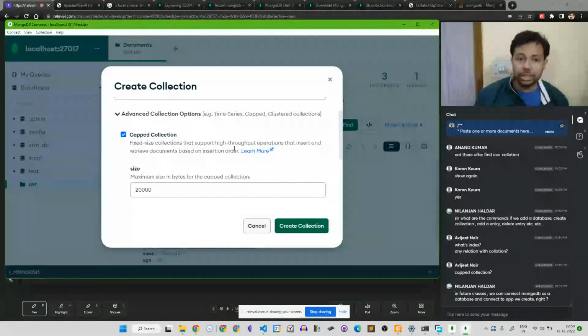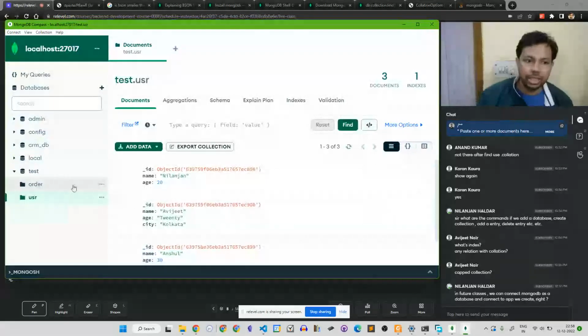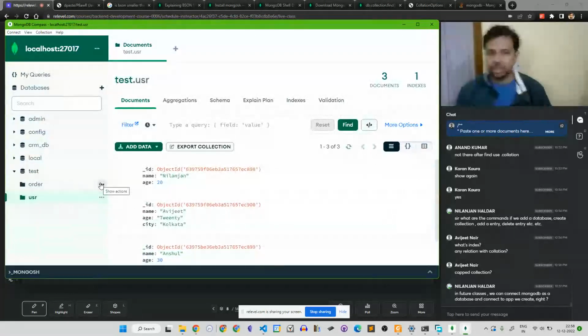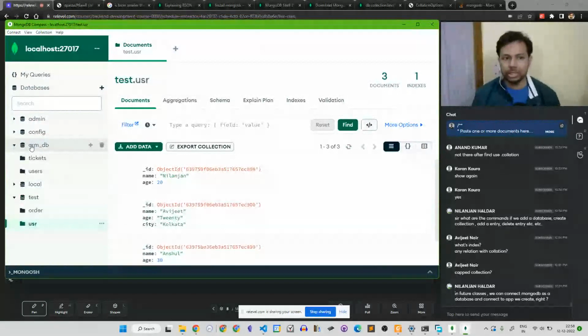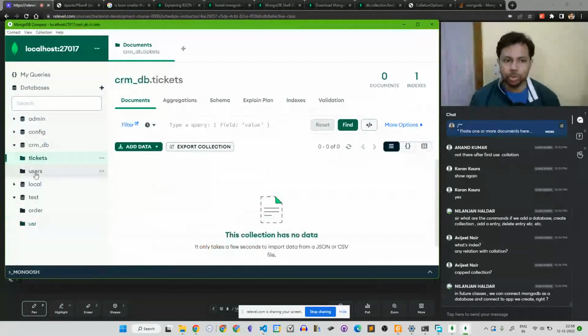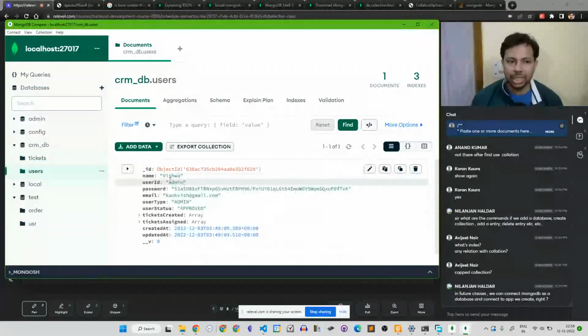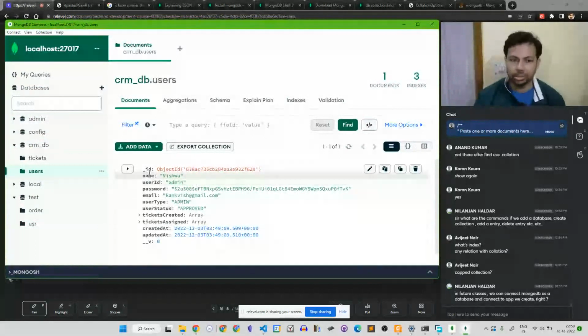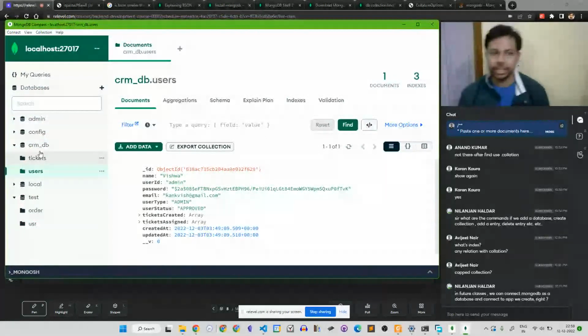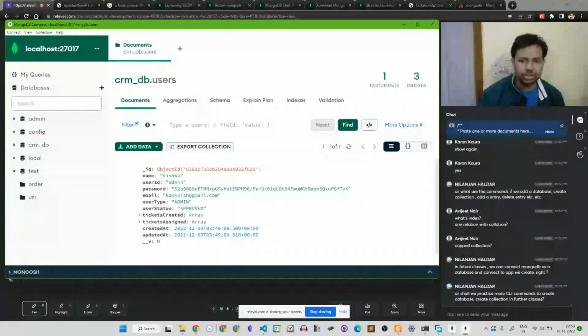Yes, we are going to create one more lecture. You can create the collection now. This is another collection called orders. In the future lectures, we are going to create our database. We are going to run this database, and then our CRM app is going to connect to this database, this CRM app DB. It will have tickets and users, two collections. We already have a user called Vishwa, who is the admin. As soon as you run the script, this will be created, and there are a bunch of more commands.